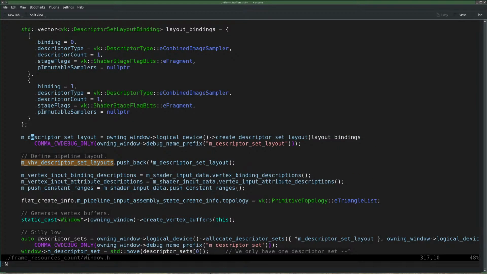The unique descriptor set layout. Okay, so something like this.